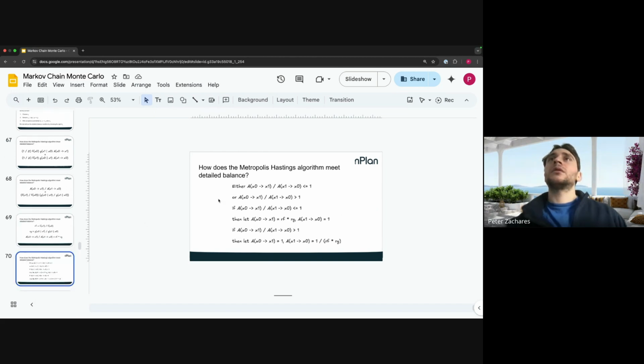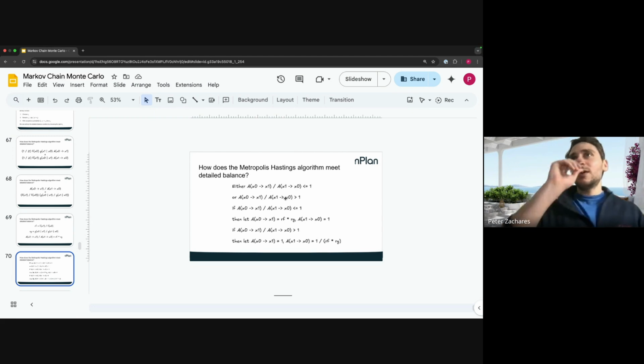So we have two cases for the ratio of the acceptance probabilities. One is that the ratio is less than or equal to 1, or it's that the ratio is greater than 1, because it's a number. It has to be one of those two things. So if